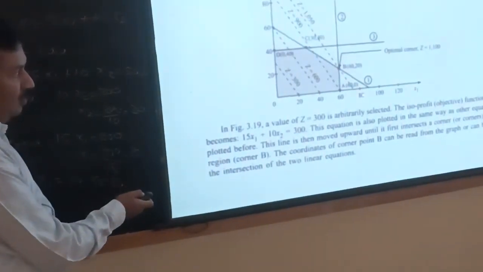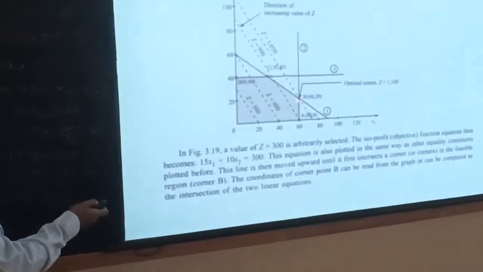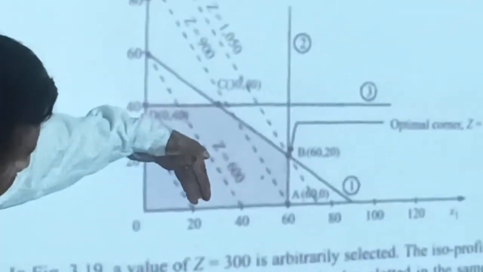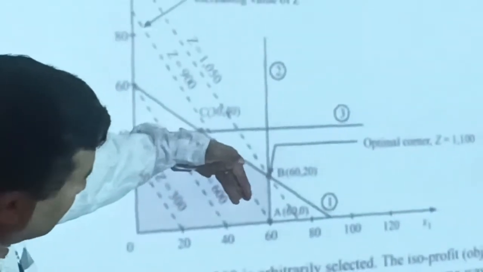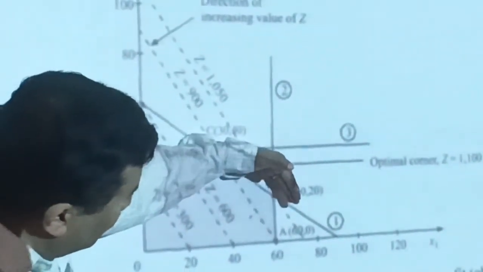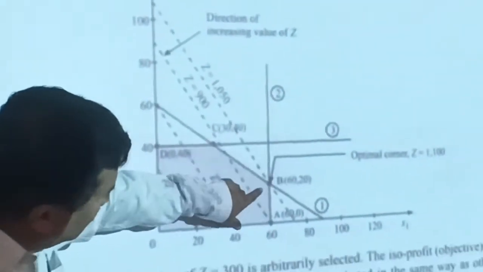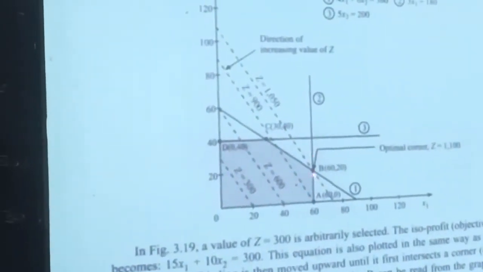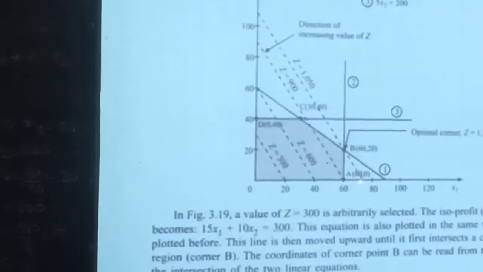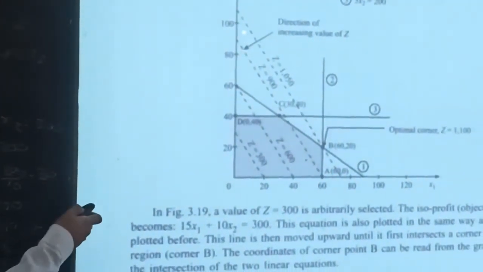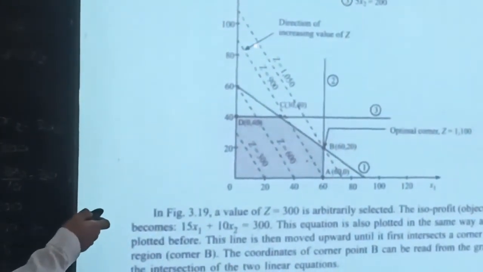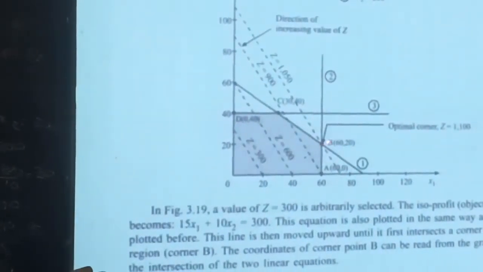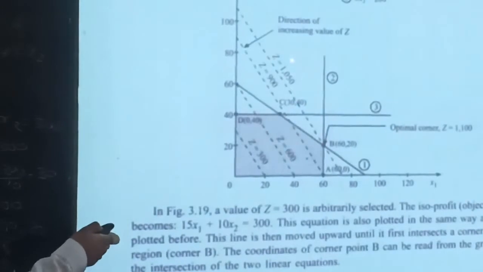This value, whatever is at the tangent here, I have drawn this line 300. I go on drawing parallel lines till such time that the line passes away from the solution space, this point. That point, our line is here. We take that line's coordinates. That coordinate will identify the maximizing point and the value of Z.